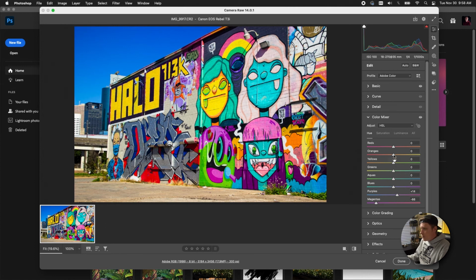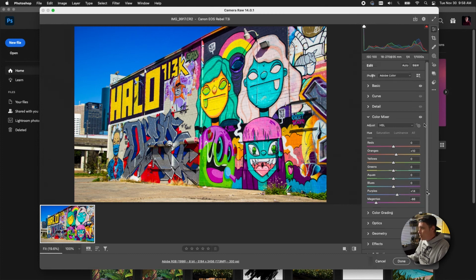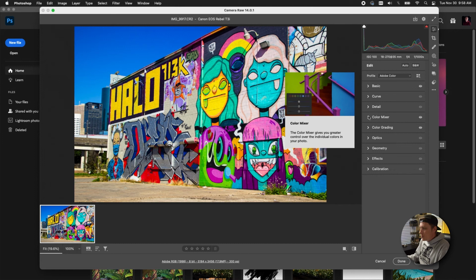And then for just an extra little bit of kick, I'm going to pump up the oranges to the yellow drift just a little bit. So now, after manipulating my colors there, I think this picture looks good for me to go ahead and post. So after that, there's really not much more that you need to do other than